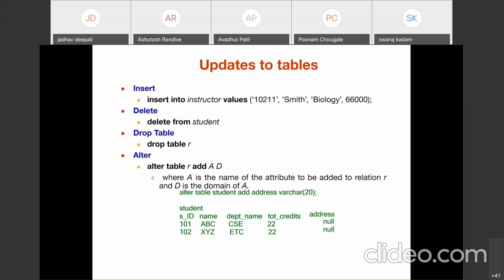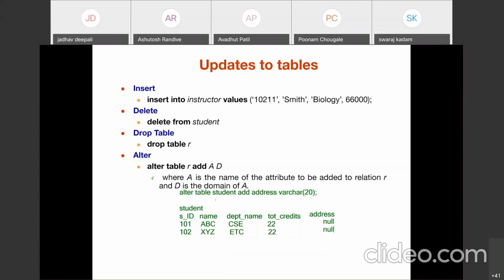for this new attribute for the tuples which are already there in the particular relation. Everyone clear with the alter table commands? Again, alter table add is used to add a new attribute to the relation R with the domain type D. For example, we have a student relation with these 4 attributes: student ID, name, department name, and total credits. Here I want to add a new attribute, that is address.